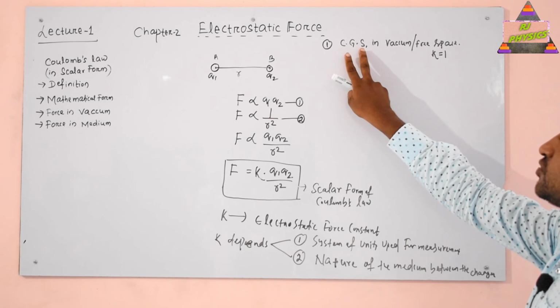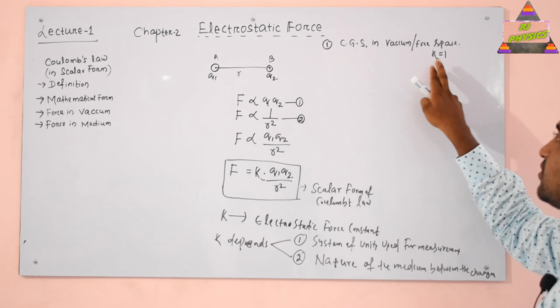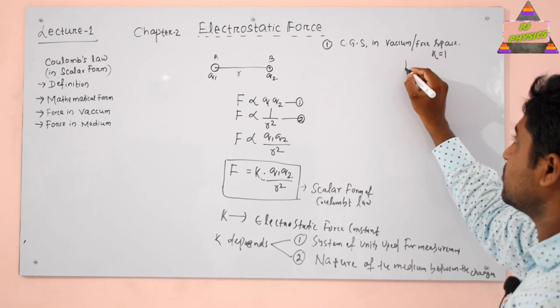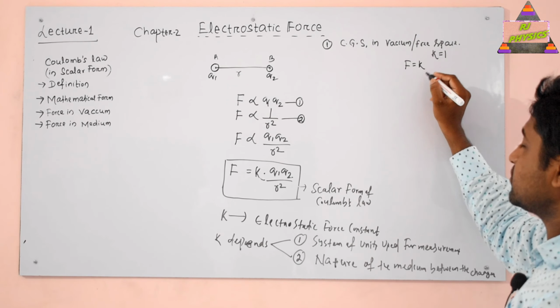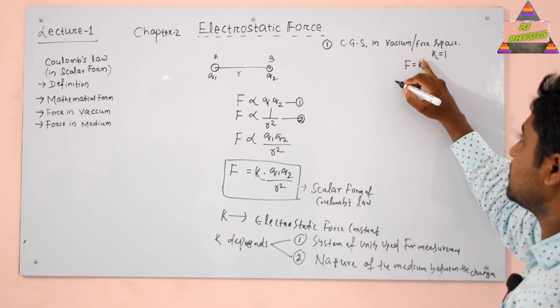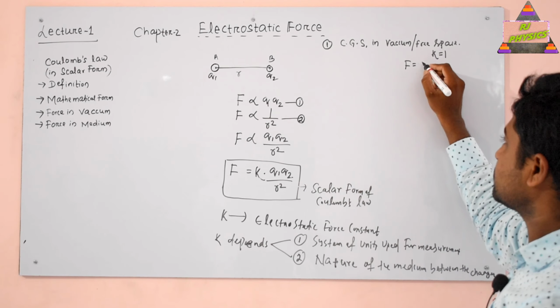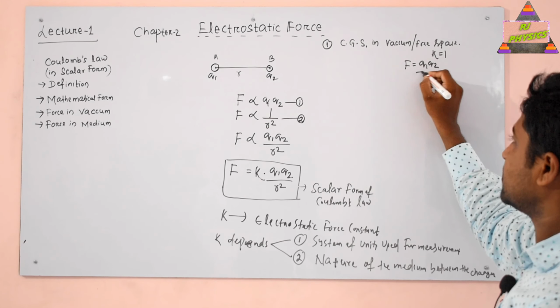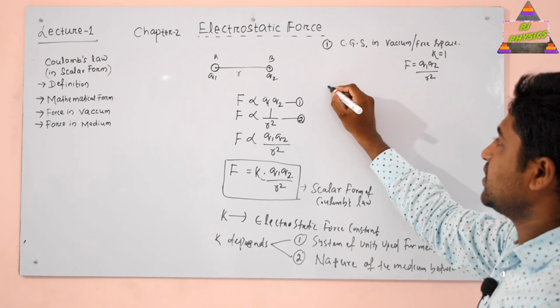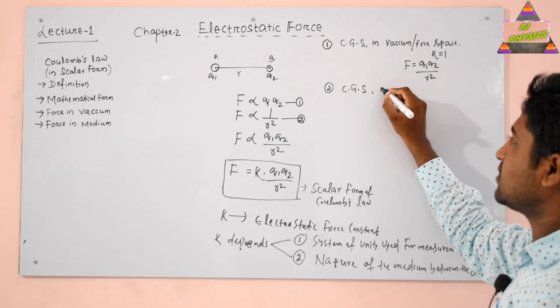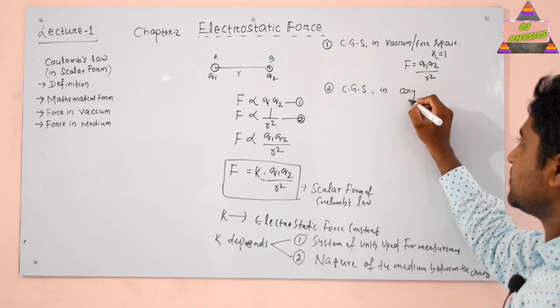In short, for the CGS system the value of K is equal to 1, valid for vacuum or free space. So the force will be F is equal to K Q1 Q2 by R square, and as K equals 1, F will be equal to Q1 Q2 divided by R square. If we are using the CGS system but in any other medium,